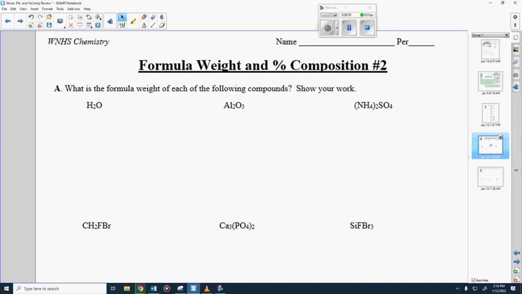Now let's talk about some formula weight and some percent composition, okay? Formula weight, percent composition. We're going to do a problem or two on the front, and then we're going to try one on the back, and we're going to be good to go. So the first one we're going to try here is